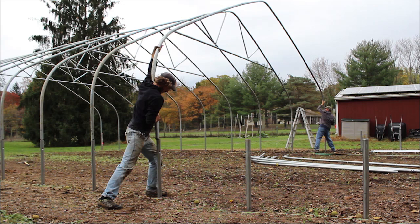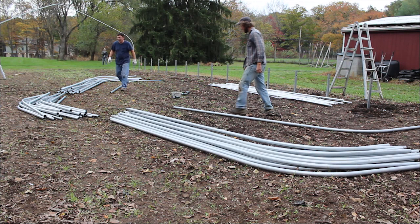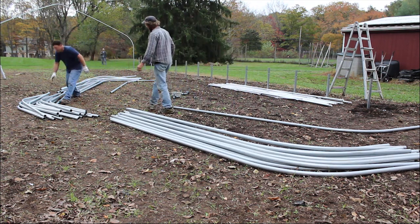Here is an example of what we're going to display today. We're going to take you through the process of assembling your hoops, both those without trusses and truss supports and those with trusses and truss supports. The first thing you're going to want to do is find a level, flat spot to assemble your hoops, and